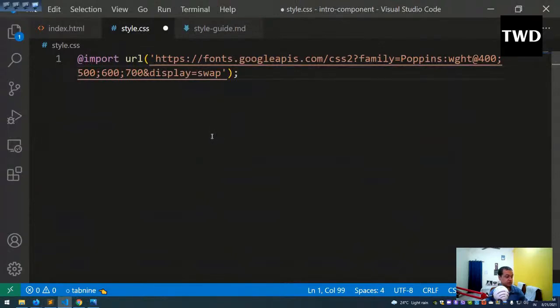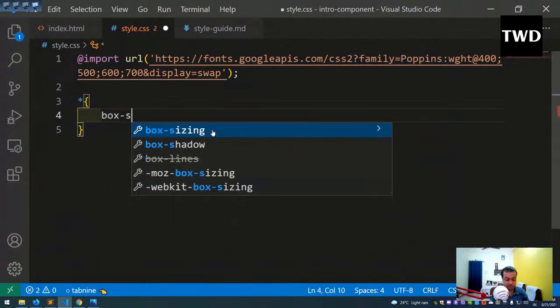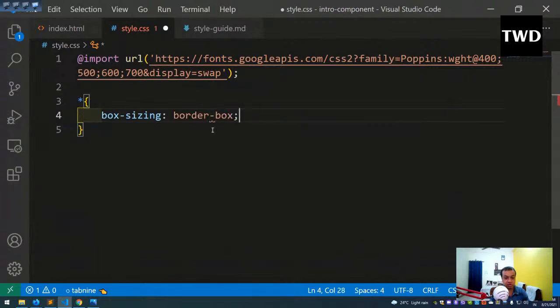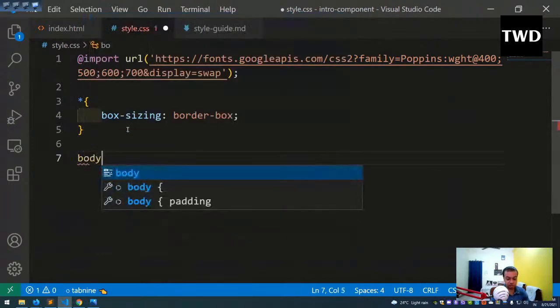Okay, pasted at the top, and then the basic styling. Star, box-sizing is border-box, and body is